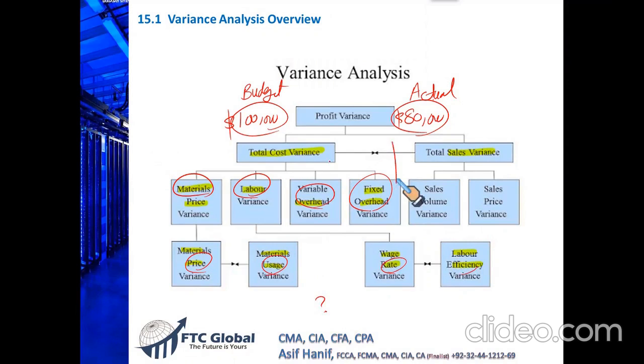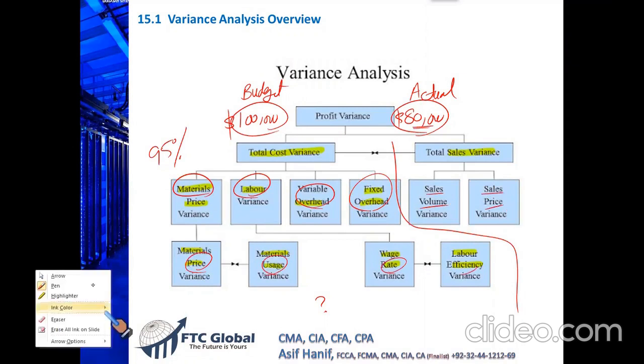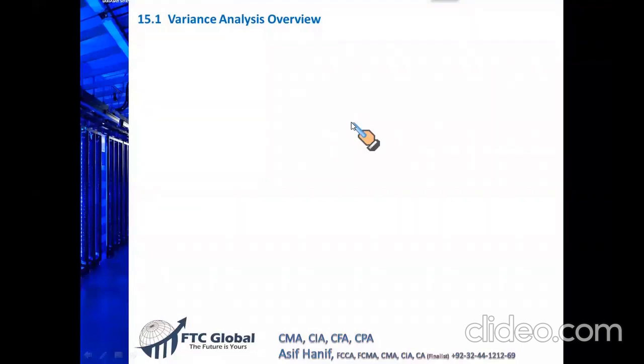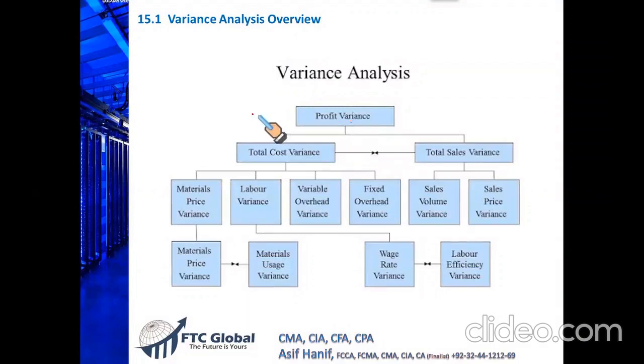Maybe your cost was more, but it is possible that the lower profitability, the actual lower profit, could be because you were able to sell low sales quantity, or maybe you had to lower the sale price. So whatever, we must find an answer what went wrong. Our estimated budgeted profit was $100,000, but why did we earn less? We need to find an answer. Somewhere the answer must be here in these variances. We need to find the reason.